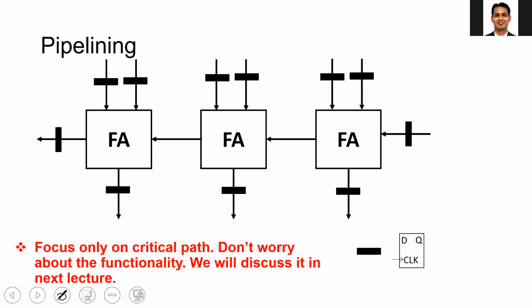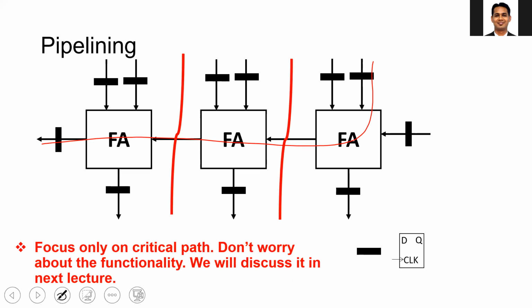Now suppose this is the circuit, and this is my critical path delay, which is going from here to here. So what I need to do is add pipelining here. To add the pipelining, we usually need to divide this circuit into 2 separate parts. For example, you can see that I added this, which is called a cut set. And what is this cut set? We are going to discuss it in the lecture next week. So don't worry about this one.